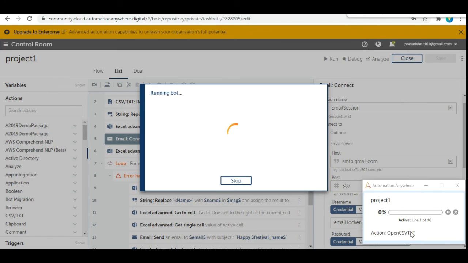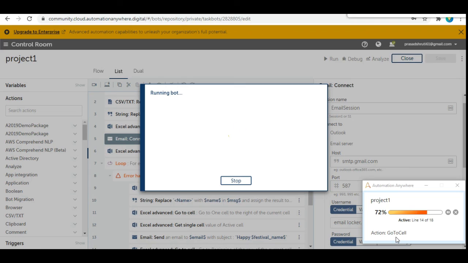See, line 1 is executing, and after that line 6 go to cell, line 13 and 14. This dialog box is showing the action that my bot is performing.